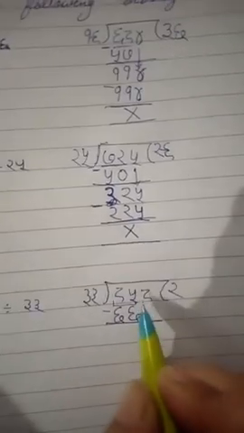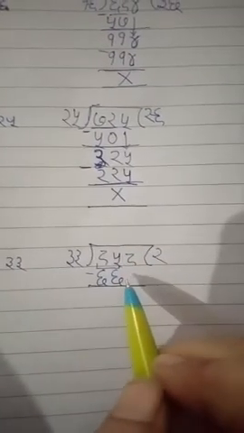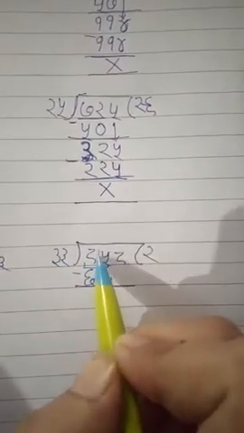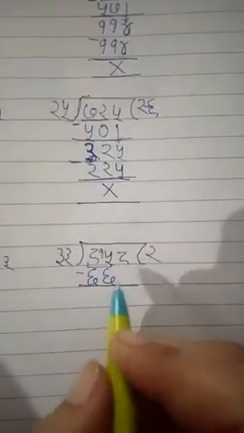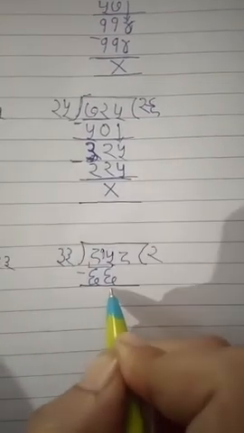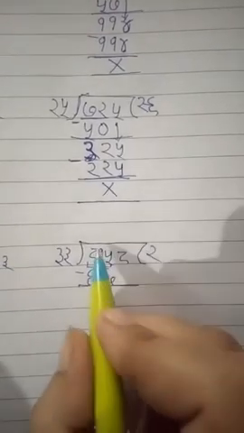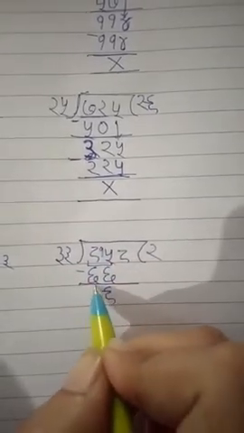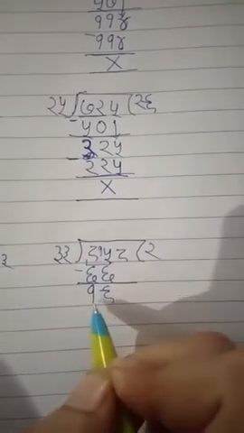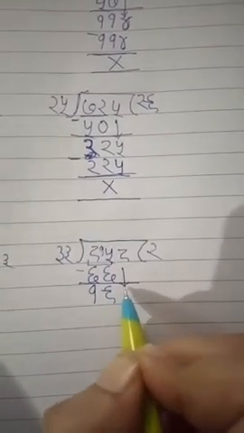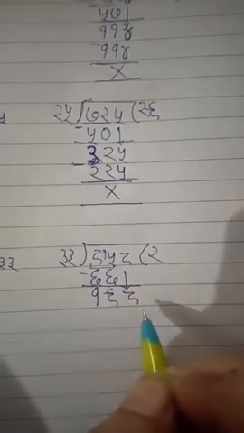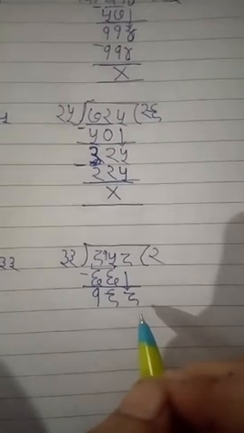Subtract the numbers. We know that this is 5 and this is 6. 5 minus 6 is not possible, so transfer the carry and now the number is 15. 15 minus 6, 9. There is 7 left. 7 minus 6, 1. The next number is 8, so write down here 8. Now the number is 198.